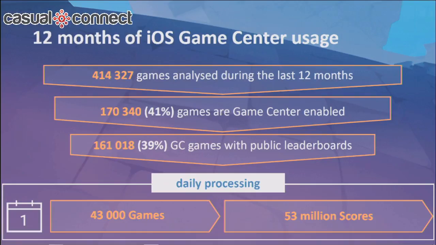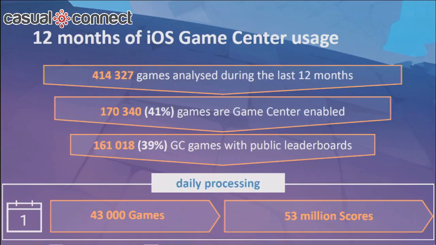What does that mean in terms of data? We are processing 2 billion lines a day. It's more than 420,000 games that we are processing. Out of that, 41% were Game Center enabled. You know that Game Center is compulsory on iOS if you want to be featured at least once in the App Store by Apple. And 39% of the whole universe has a public leaderboard,